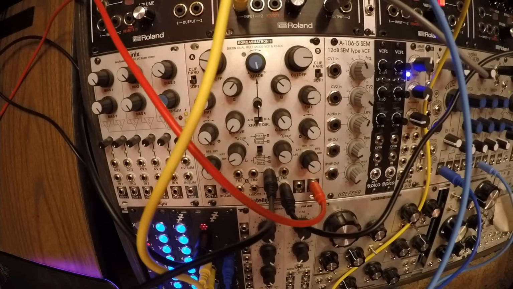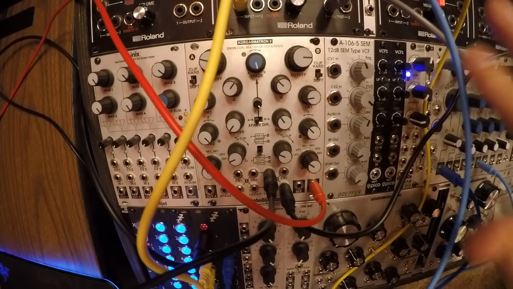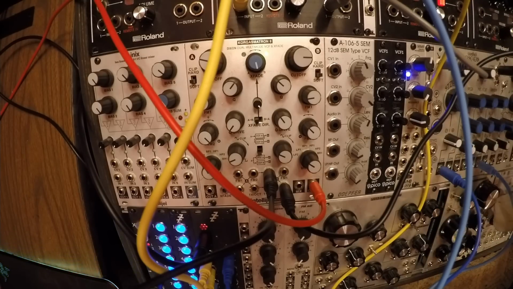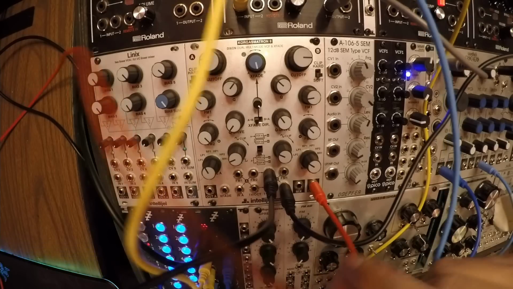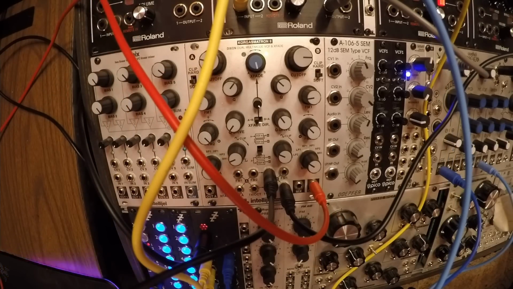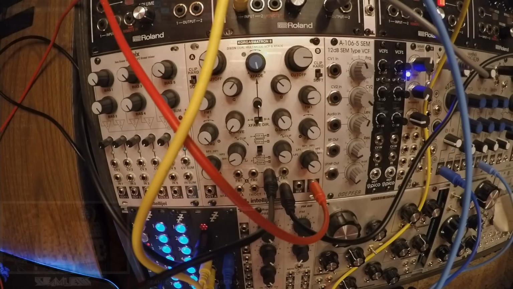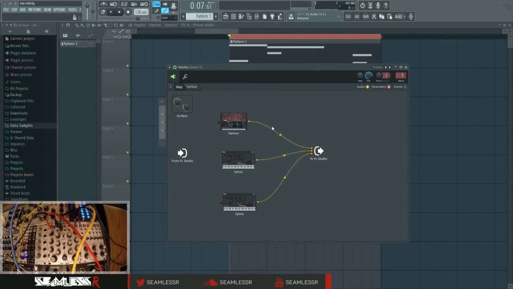I leave it static though, because I've created all this character with the distortion and the reverb that it smoothed it out enough, and I wanted to have some of the bite back, so we're kind of forcing the bite in the high end with the filter, and that's really all it's doing. And then it's going out with this big guy here into input 1, and then we go back into FL proper, where it is modulated,